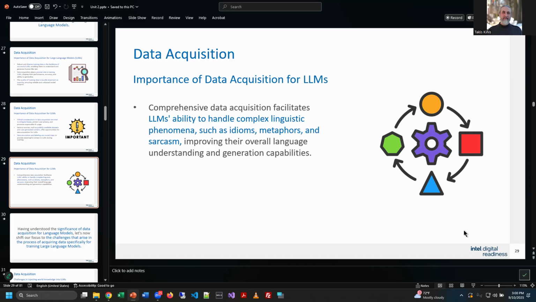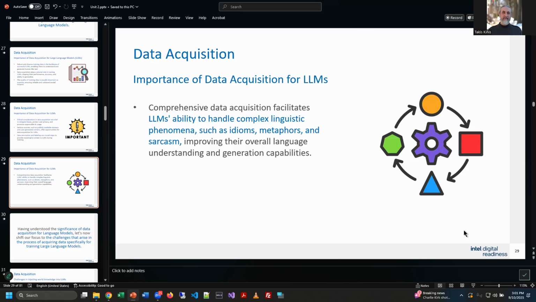All right, so if you comprehensively acquire data, so you get like, you know what, I don't want part of Wikipedia, I want all of Wikipedia, right? So the more data, and the more comprehensive and complete that information is, gives that large language model the deeper ability to handle complex situations. And it says here, complex linguistic phenomena such as idioms and metaphors and sarcasm, and dad jokes, that kind of thing, right?